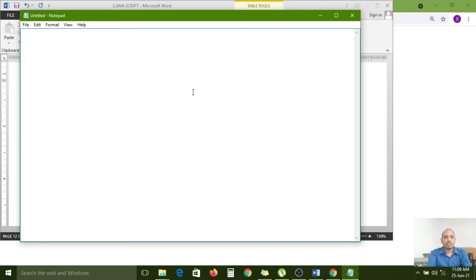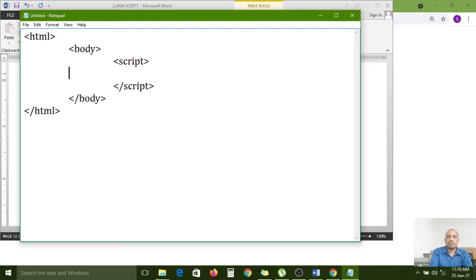Here, HTML opening and closing tag, script, body. The header section is optional, so that's why I am not writing anything about the head section. So now I want to use the body section. Body section is mandatory to use. Open body and closing body, and in between these body tags we have to write the script tag. Script opening and script closing tag.